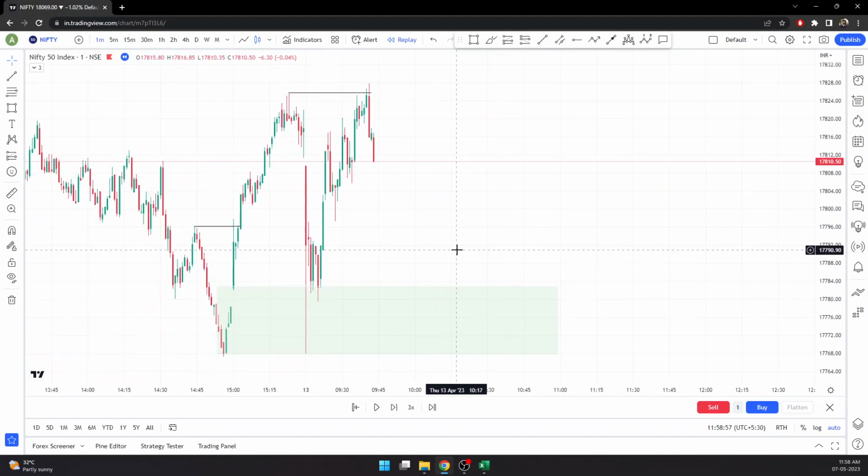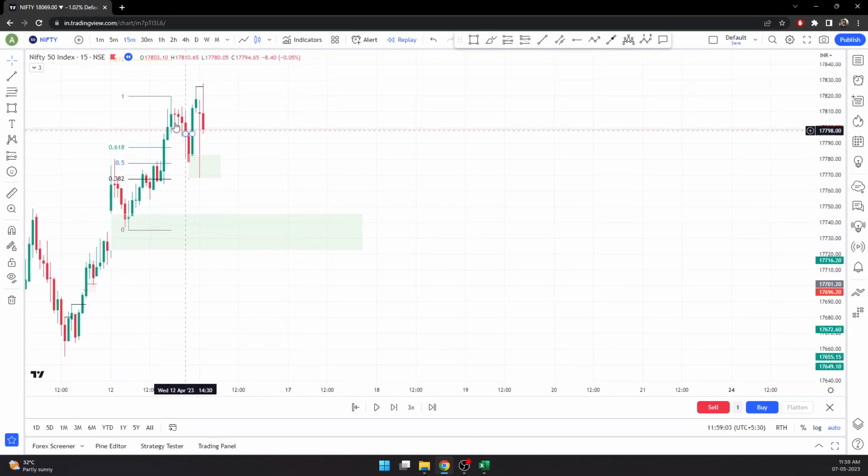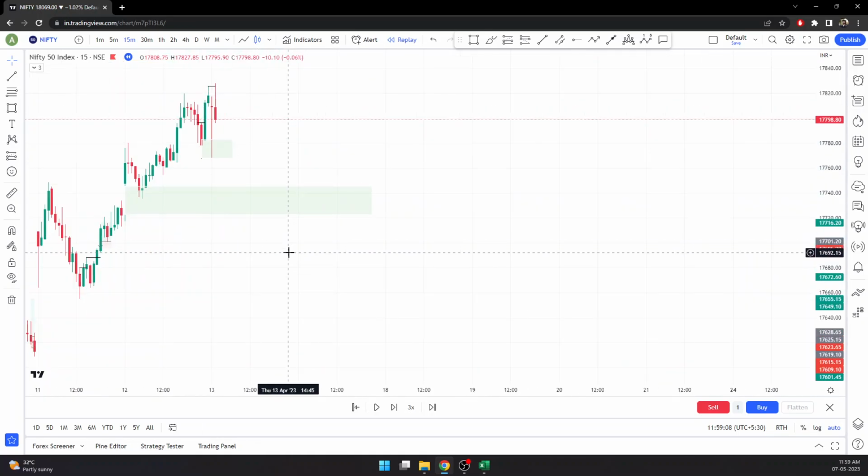So let's go back to, if we see, this is where now the market is showing some complex structure, where we see some break here as well as break here, but when it broke, it is not making very good moves onto the upper side. Here we can see it did not make any good moves onto the upper side as of now. So we'll wait for the market to sustain, or we'll wait for the market to come back to this demand zone, and we'll look for the buy opportunities again,